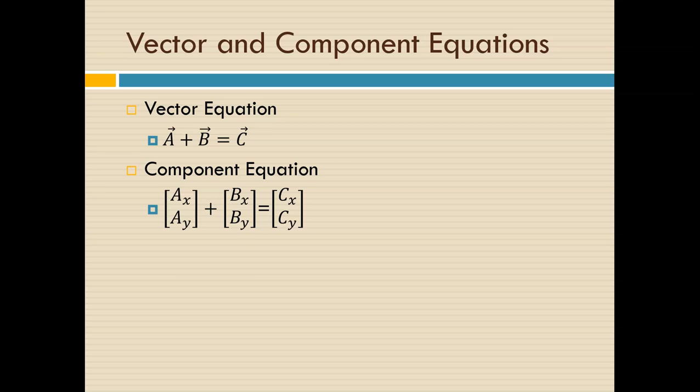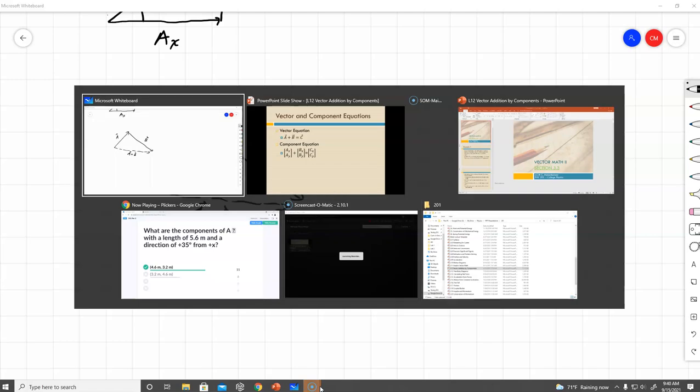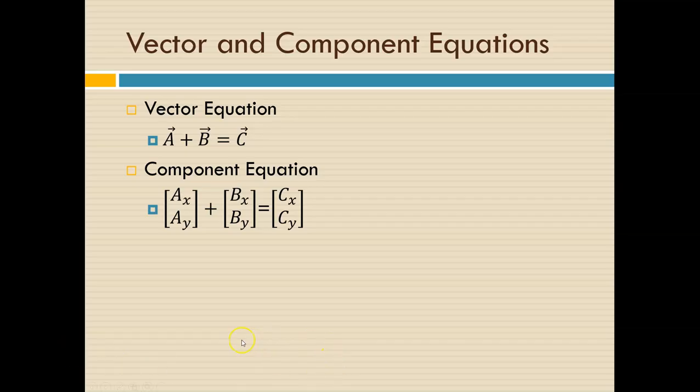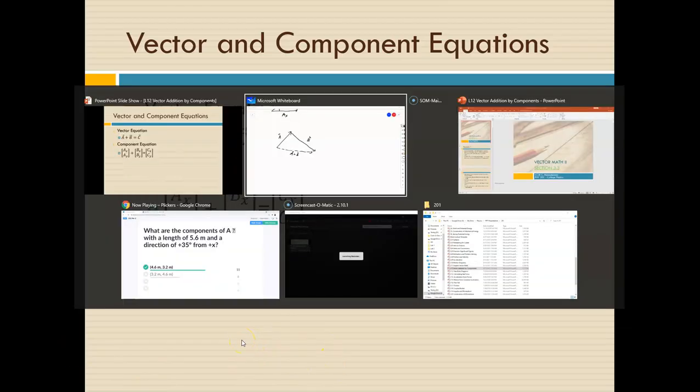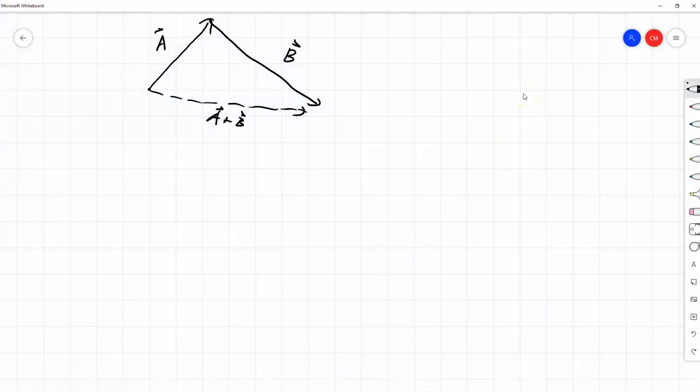Okay, let me take a little bit of an aside. I want to talk to you about how to write these component equations. So let me go back to my whiteboard program here, and I'll show you what I'm talking about. Okay, so if I write out the equation A plus B equals C, then I know that the components